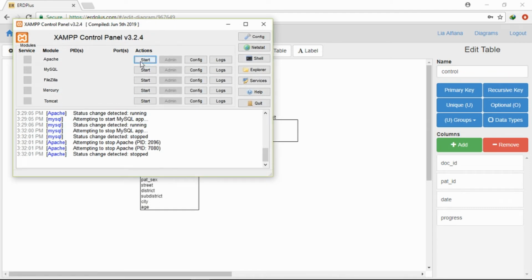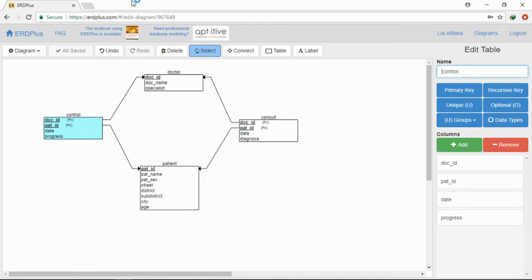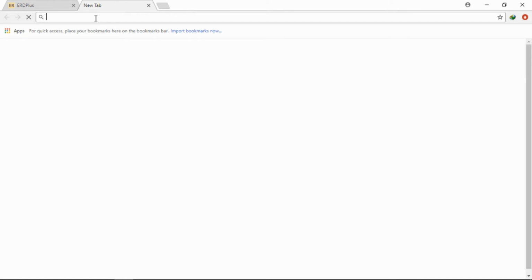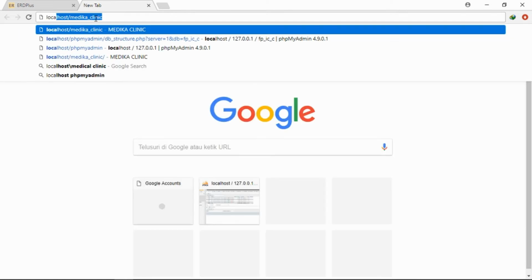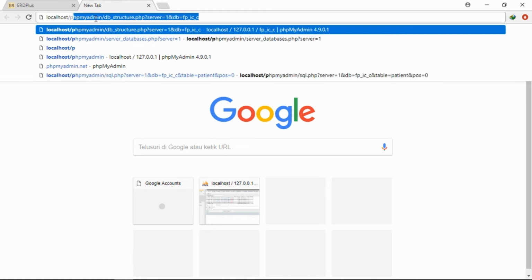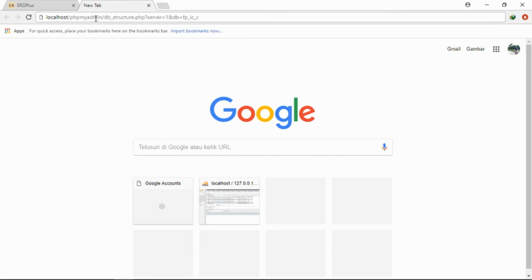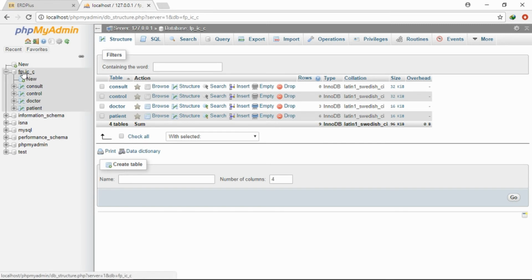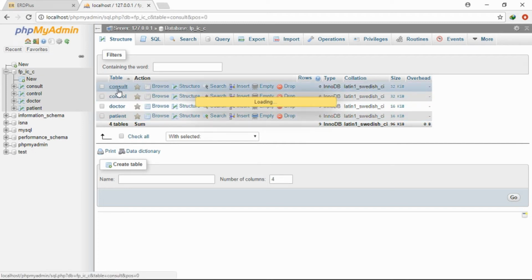First, we start Apache and MySQL, and we go to localhost, phpMyAdmin. We already have a database, namely FPICC in here, and we have 4 tables: console,